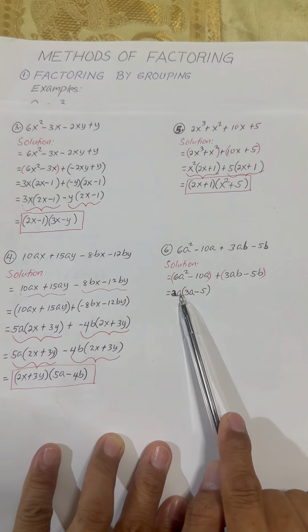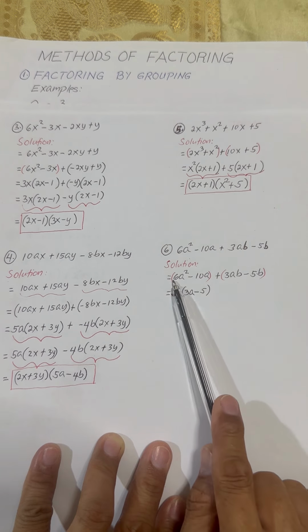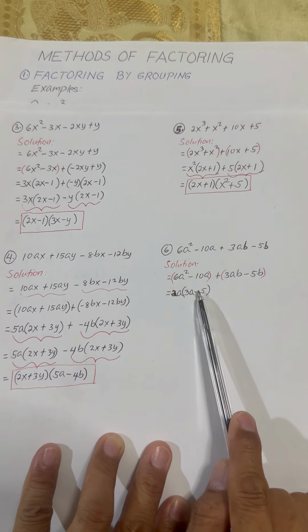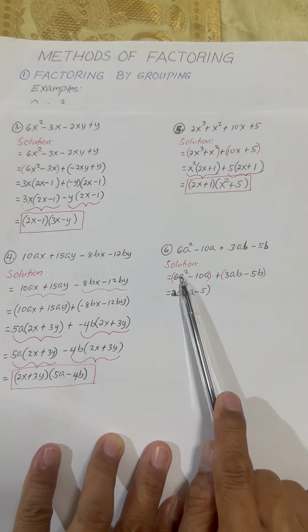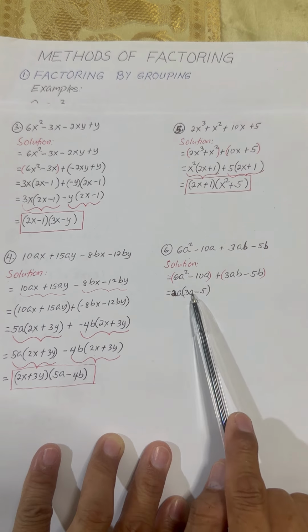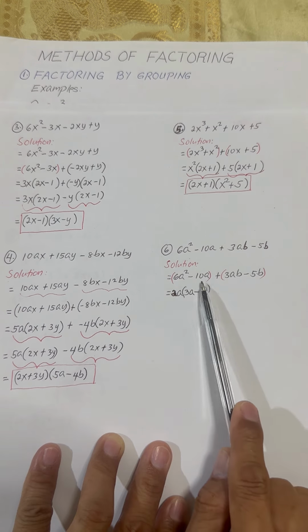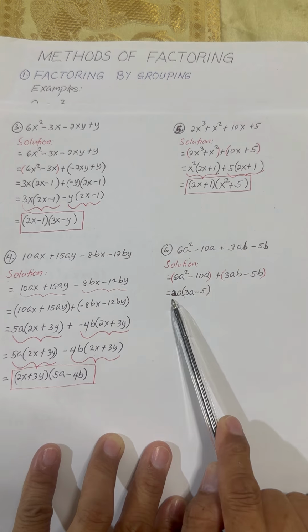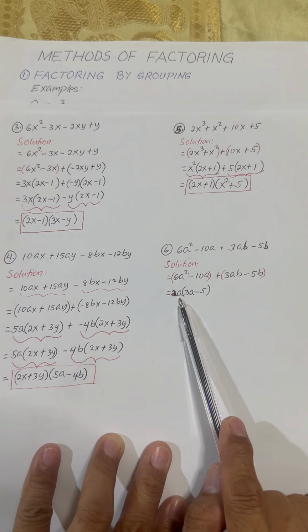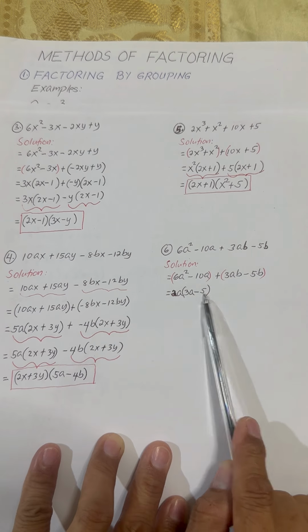This is our monomial GCF. Okay, 6 divided by 2 is 3. A squared divided by A is A from the law of exponents. A squared divided by A is A to the power 2 minus 1, which is A. Then this divided by 2A. So 10 divided by 2 is 5. A divided by A is equal to 1. So 5 times 1 is 5.